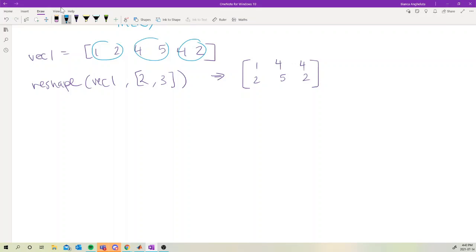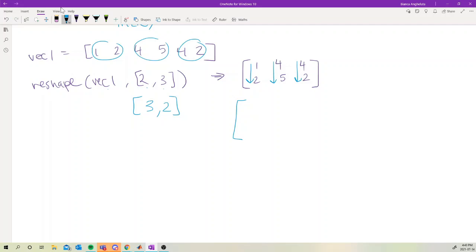So we know we have 3 pairs here. If we reshape our vec1 into a 2 by 3 matrix, then we can easily sum up the columns to find our sum of pairs. But what if, instead of making it a 2 by 3, we made it a 3 by 2? Would that also work? In this case, it would not work, since even though you would have 2 values in the rows,